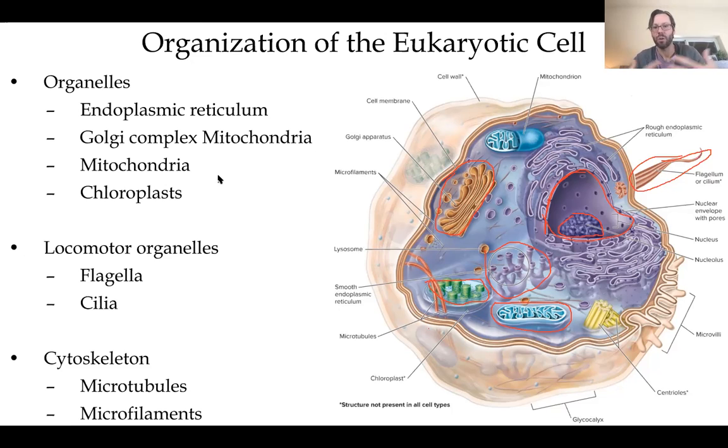Finally, we have the cytoskeleton. So the cytoskeleton is what gives it its shape. The cytoskeleton is made up of things like microtubules and microfilaments, and these things will polymerize and elongate to help the cell move for motility. And that will use things like actin and form pseudopods.